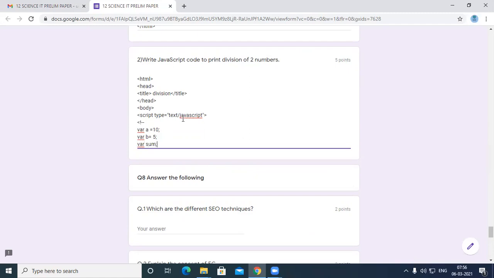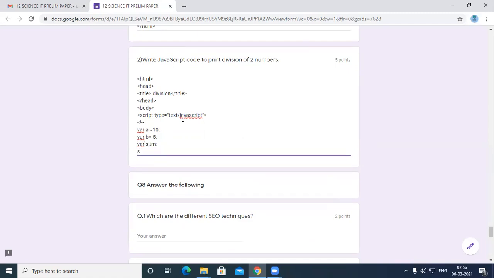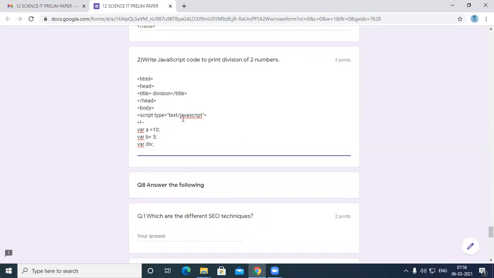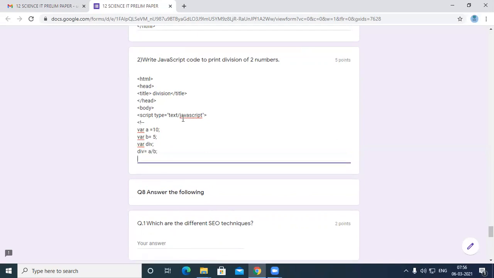Then variable division, equal to A divided by B. Then you will be writing document.write. This is how the coding will be working.